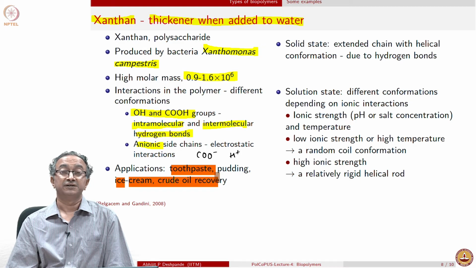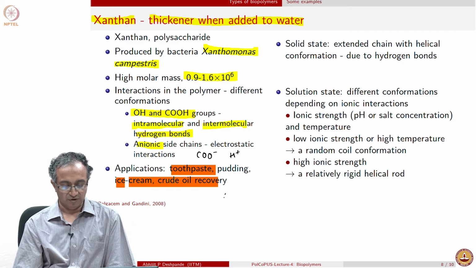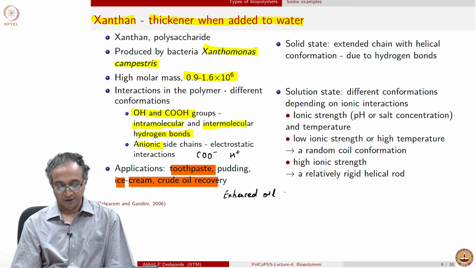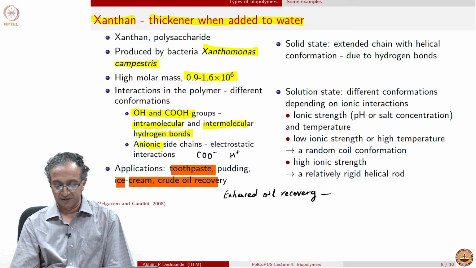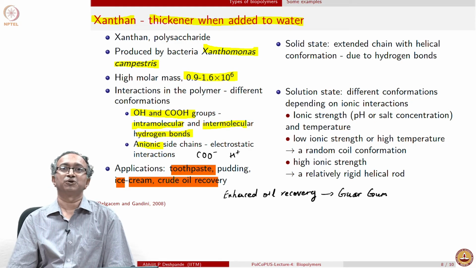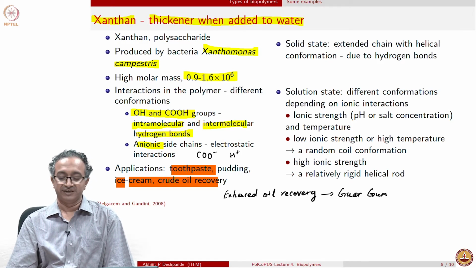And its applications are various, from toothpaste and foodstuffs like pudding and ice cream, to being very important in crude oil recovery. We have a phrase called enhanced oil recovery. If you are interested, you can read more about it. In fact, many of the gums are used in enhanced oil recovery. Another important example of a gum which is very common, which is a biopolymer, is guar gum. Just try searching about guar gum, where it originates from and who is the largest producer and supplier of guar gum, and you will be surprised that it is a vegetable which we are quite familiar with